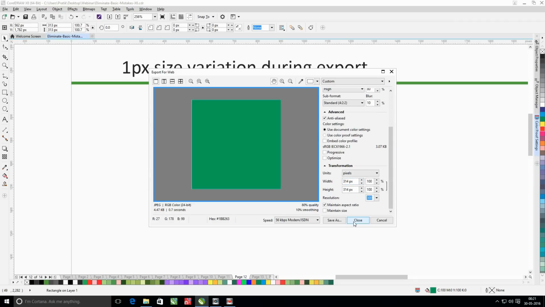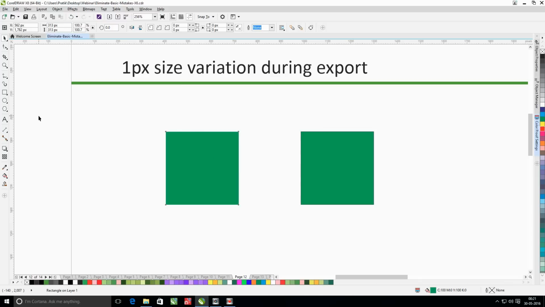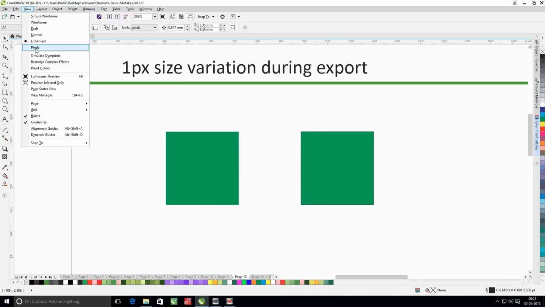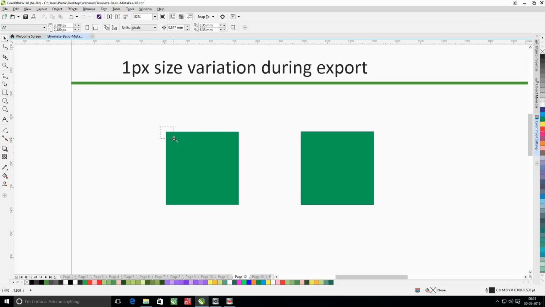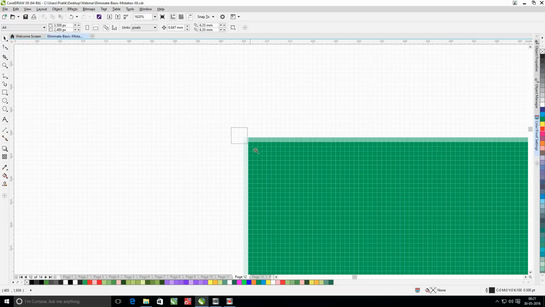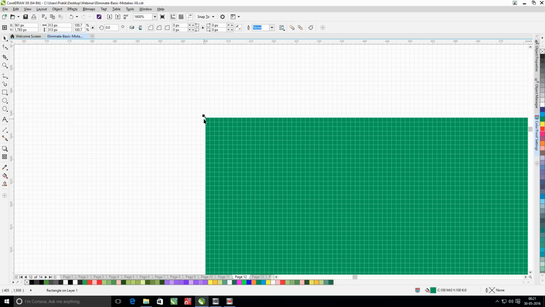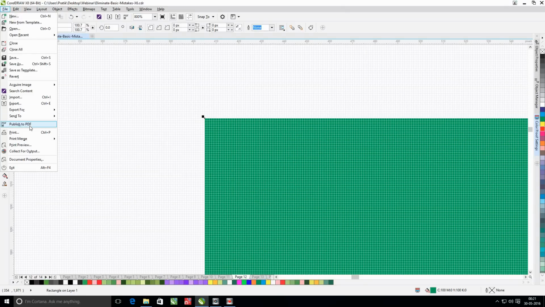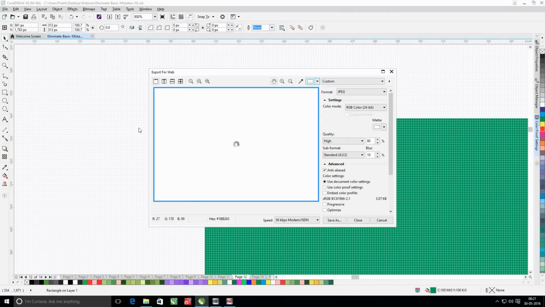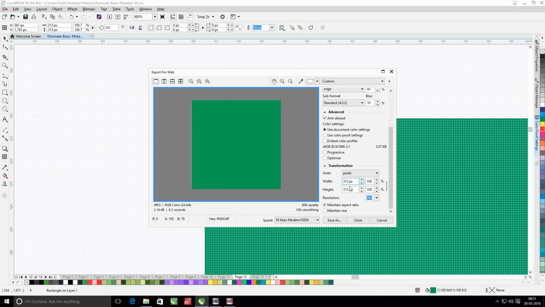Now this can be easily taken care of by changing the view to pixel mode, and if you zoom into one of the corners, you can see that the object is not properly aligned with the pixel grid of the document, and that's the reason Corel tries to add an anti-aliasing pixel to the image. And if I now move this object and snap it to the document grid, and then export this for the web, you will see that there is no change in the size of the object.